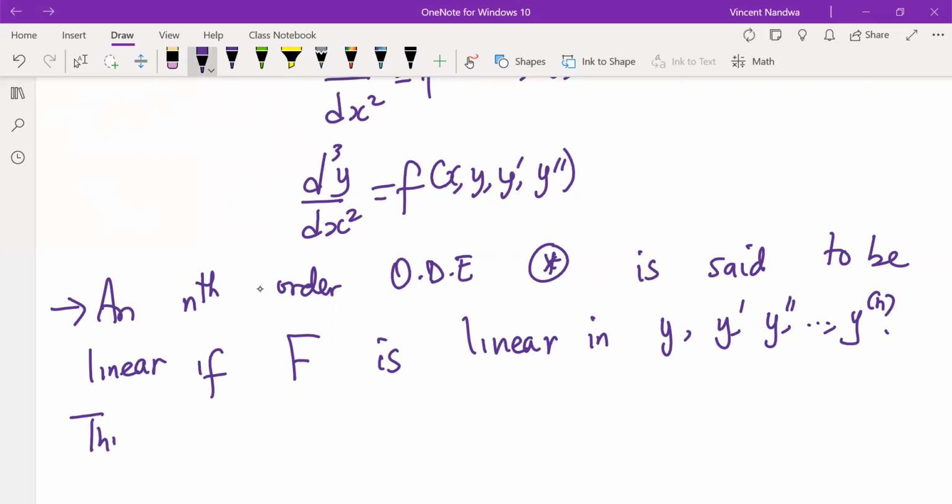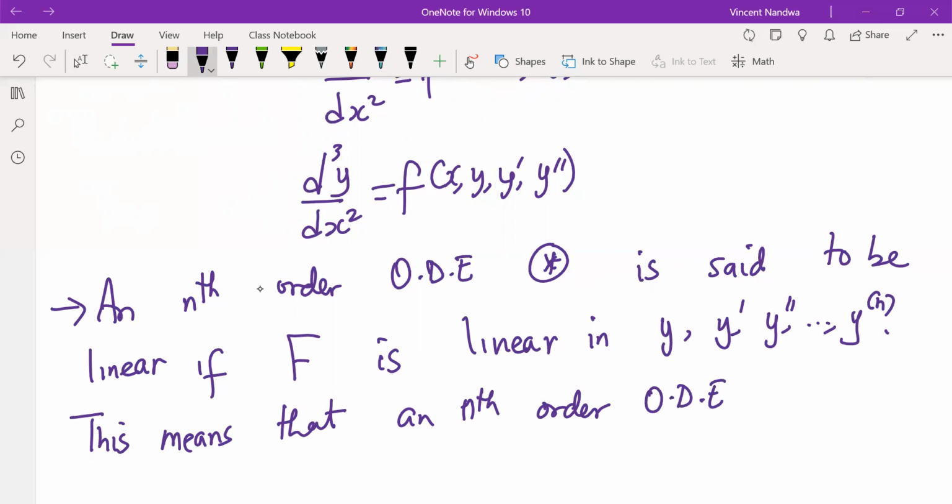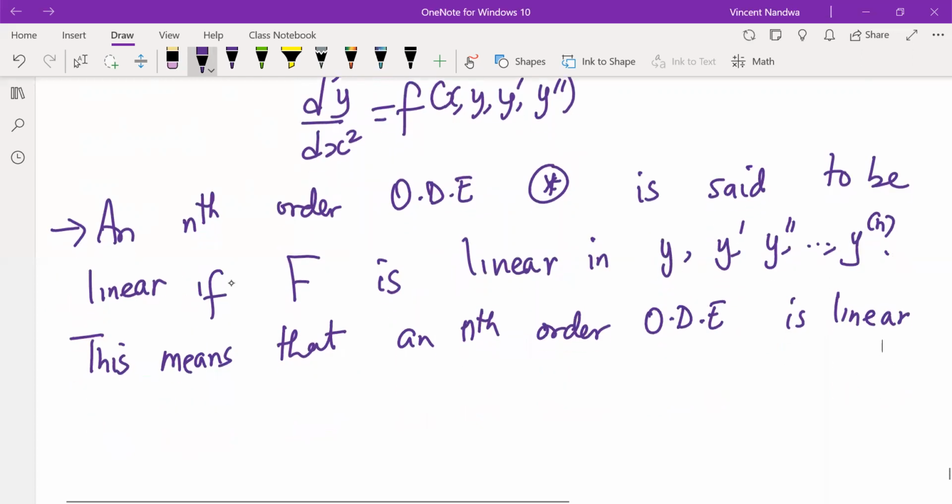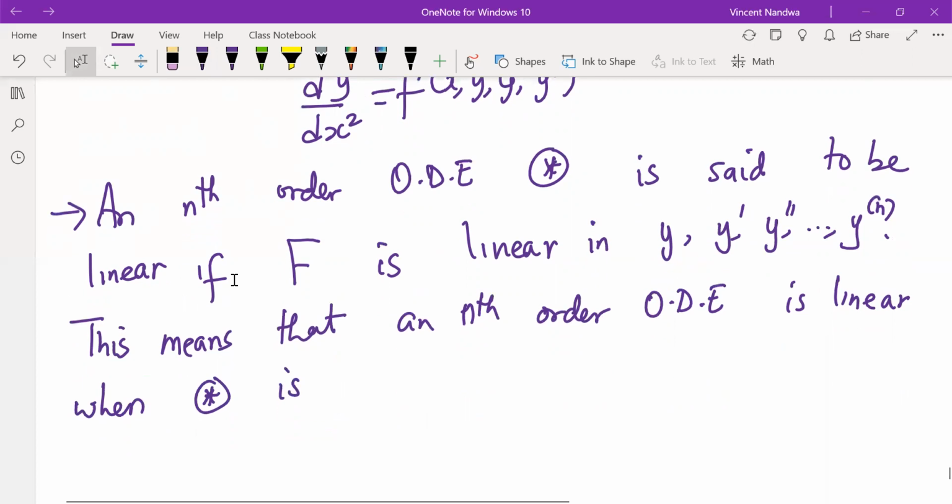So this means that an nth order ordinary differential equation is linear when star is